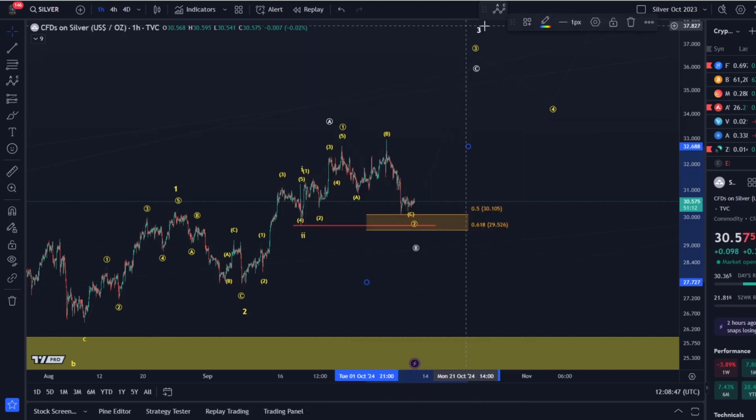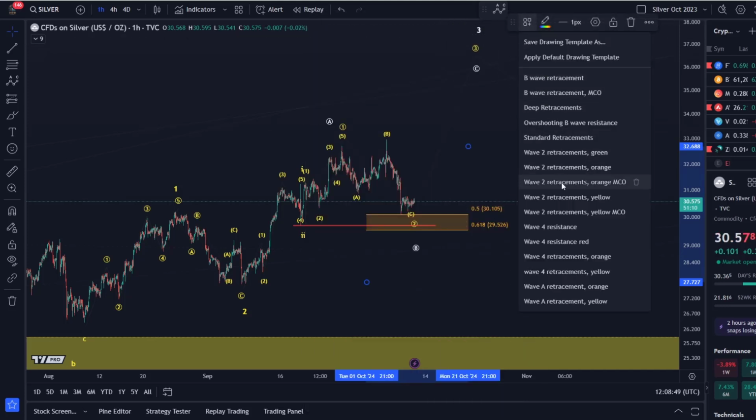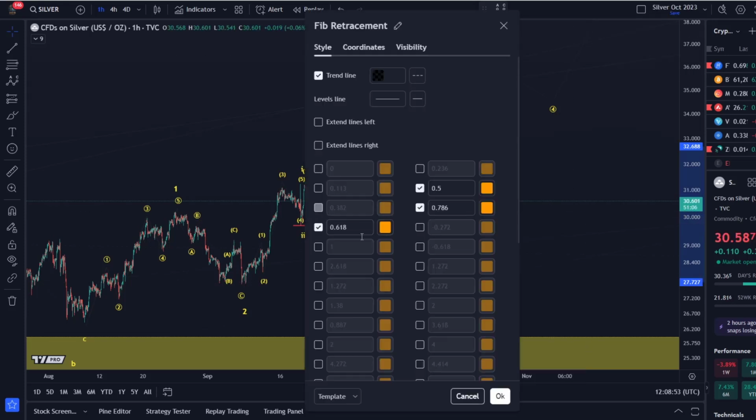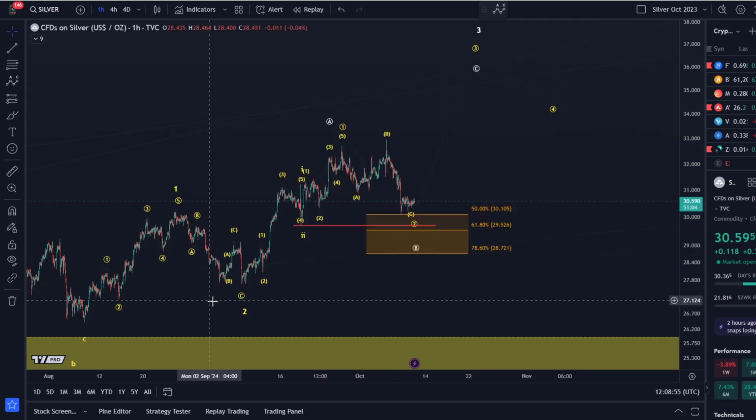That means I would have to consider a less bullish outlook if price breaks below this support area. So below the 78.6 retracement of the rally between the 6th of September and 26th of September, so $28.72, that's key support. And as long as it's holding that, we can watch for higher, okay? But the lower we go, the more probable it's the white count, which is a diagonal pattern. But below 28.72, I might need to consider